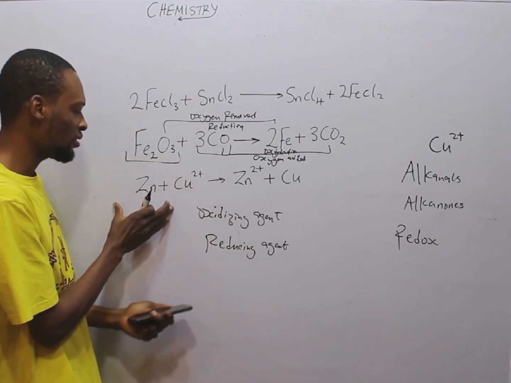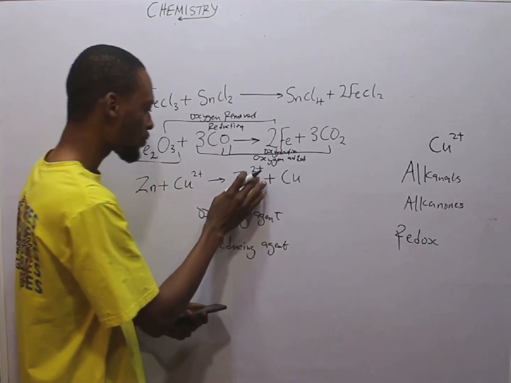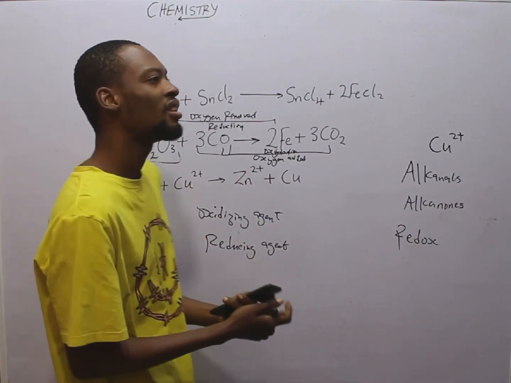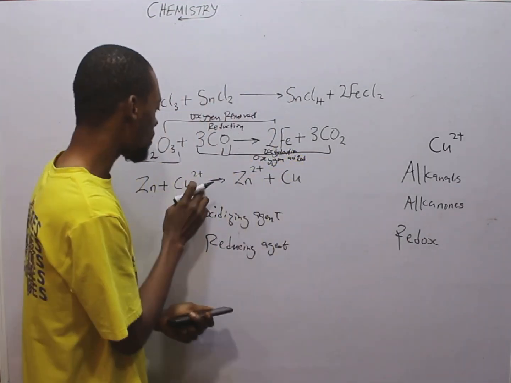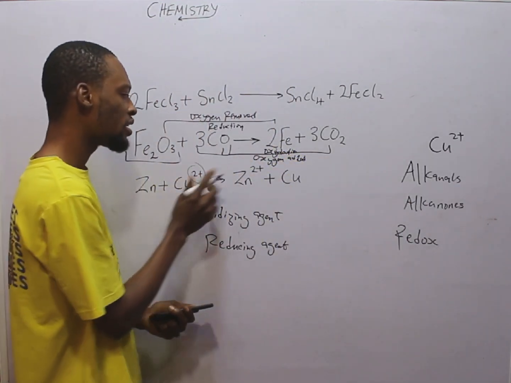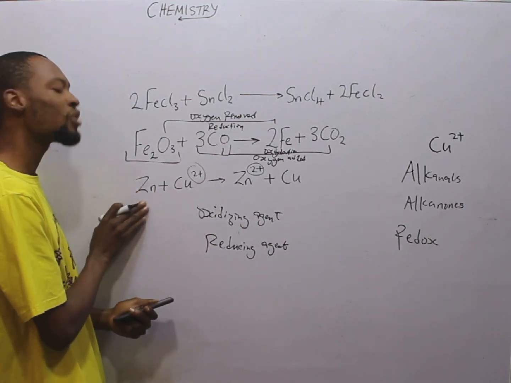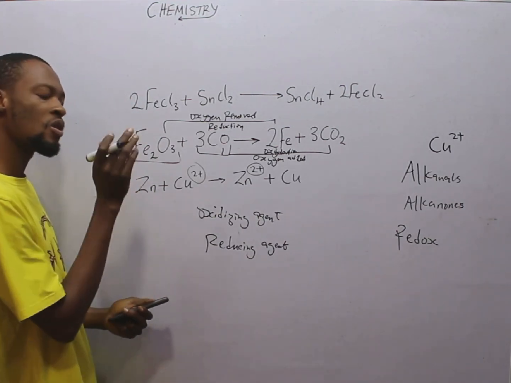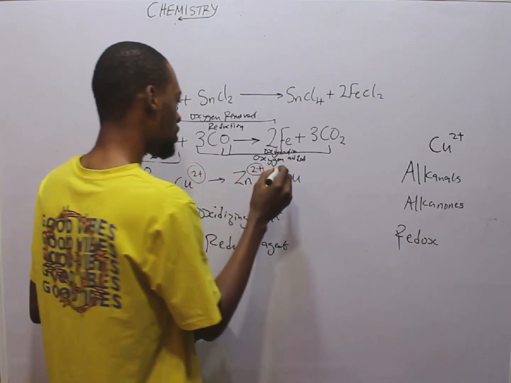Now look at here. In this case, it's in terms of oxidation number. You see ions. For an ion, the oxidation number is the charge on that ion. So here, oxidation number is 2. Here, oxidation number is 2. Look at here. For a neutral atom without charge, oxidation number is what? 0. Oxidation number here is 0. Oxidation number here is 0.